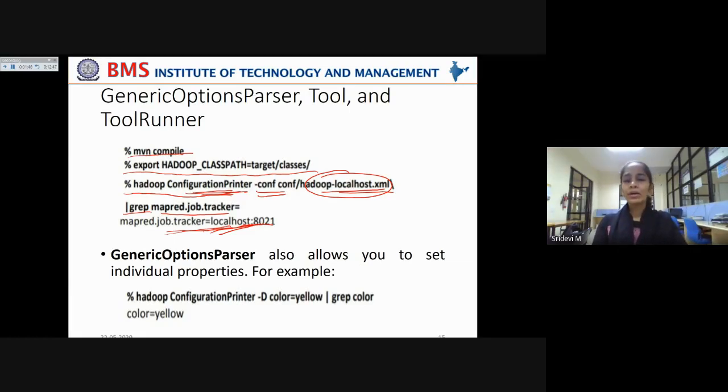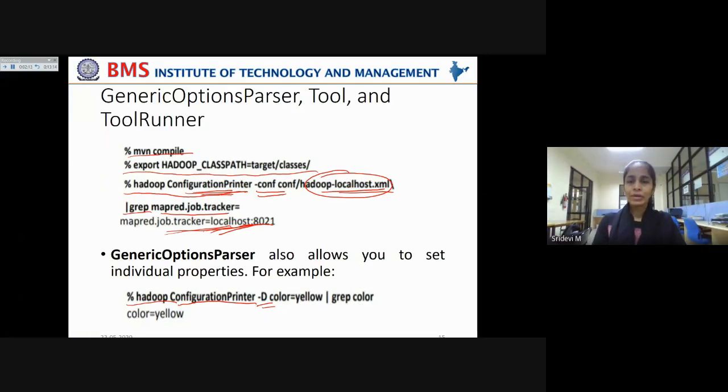Now, if you want to set individual properties like color or font, you can do that using this command, %hadoop. You call this ConfigurationPrinter class, which we defined in the previous slide. And using this -D, you can try to override what is given in the configuration. Remember, .xml files have the default properties set.